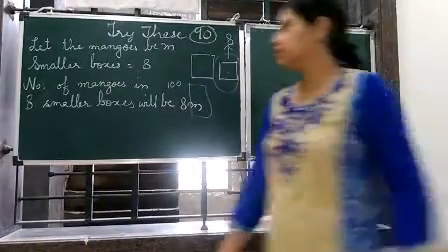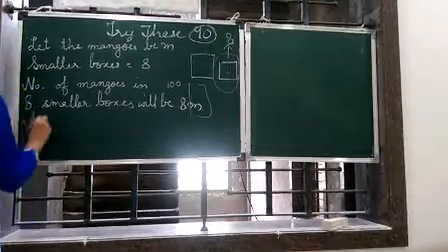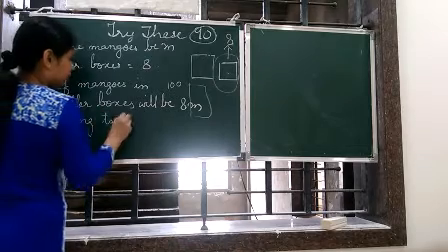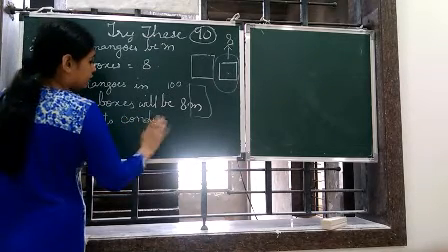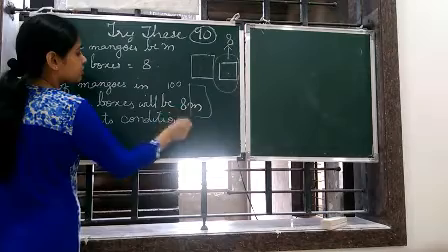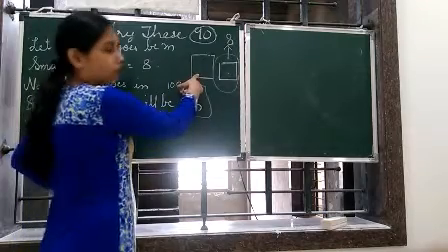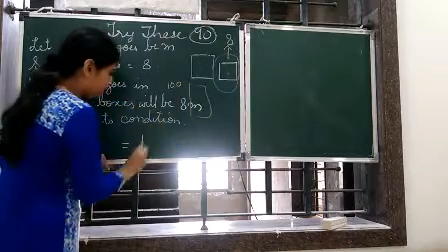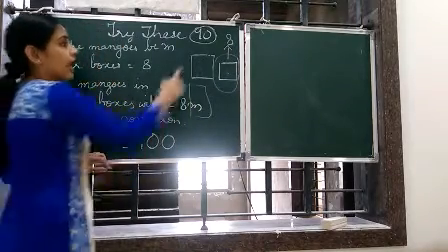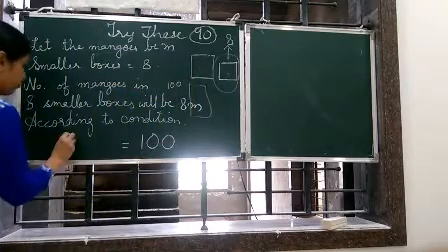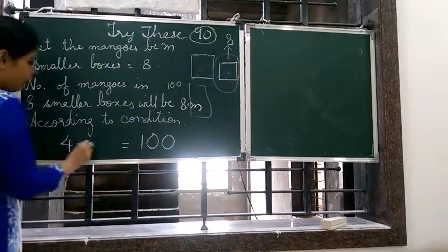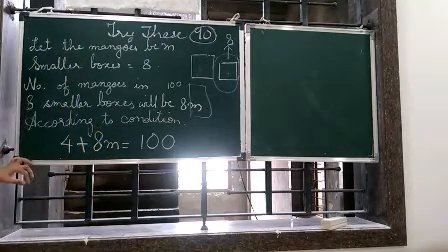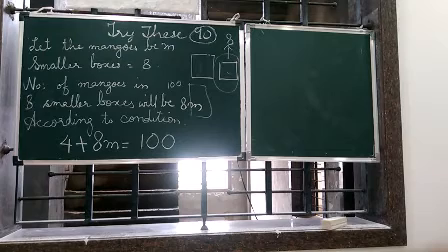Yes. Now let's go to the condition. According to the condition, what is the condition in this? Each bigger box is having how many mangoes? 100. And it is also having 4 mangoes more than whatever mangoes are contained in 8 boxes. Something like this. Yes, got it.